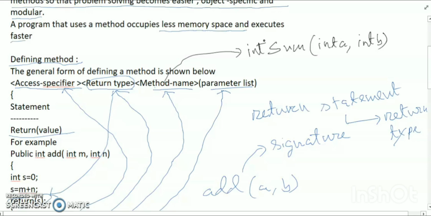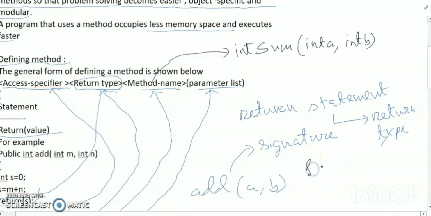And now I discuss parameter list. It is a list of variables with their respective data types. They receive the values passed during method call for internal computation. An empty parameter list indicates that the method does not receive any value during its call. However, the parameter list of a function can have a general form: function name, type value 1, type value 2, okay, type value n. Okay, you can write this way: function name, parameter,